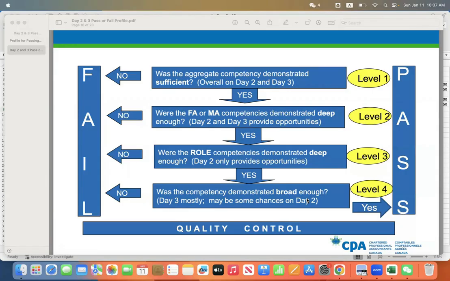In day three, if your role, like for Harvard, is assurance, you would do lots of assurance assessment opportunities in day two. So you did lots of financial reporting, management accounting, and assurance in day two. In day three, if you don't have time and have to abandon some AOs, then you abandon the assurance AOs, because you need to reach competent for taxation, finance, and strategy and governance. For these three competency areas, you didn't have a chance in day two. You have to in day three. If you have to abandon anything, you abandon assurance, because that was your role and you have already done that in day two.